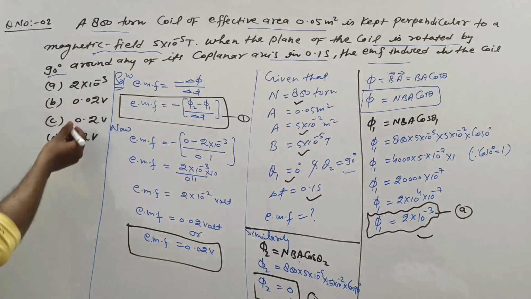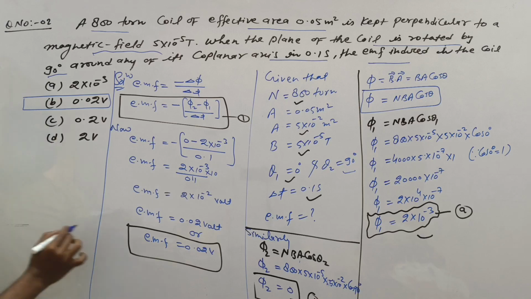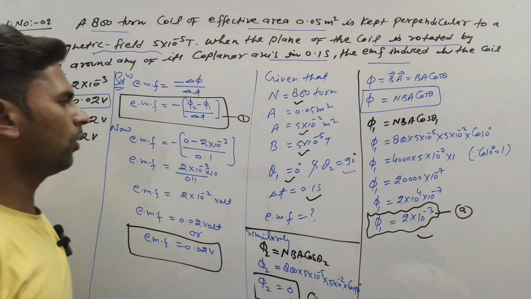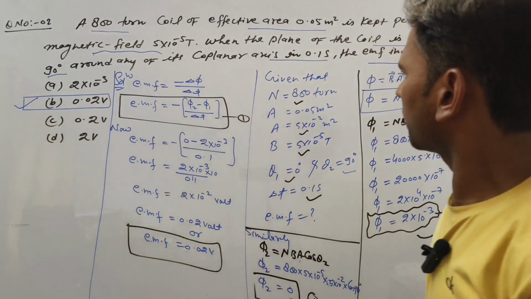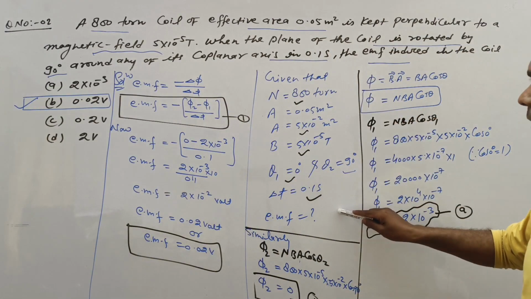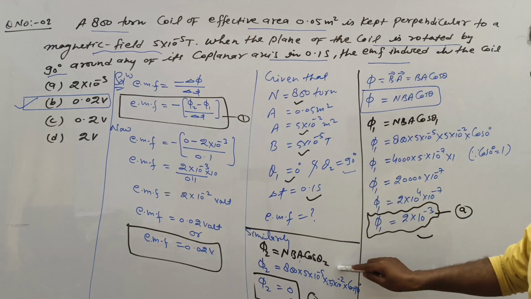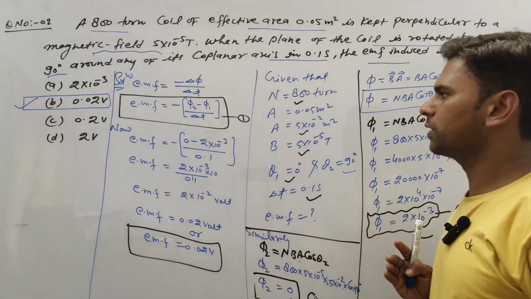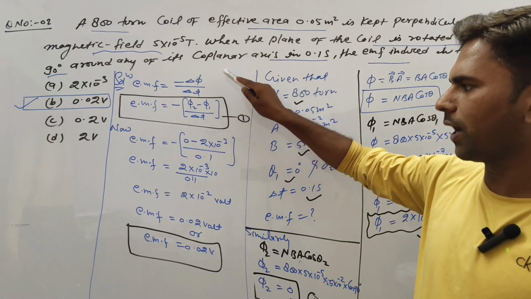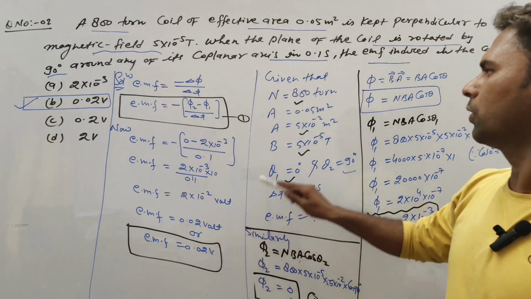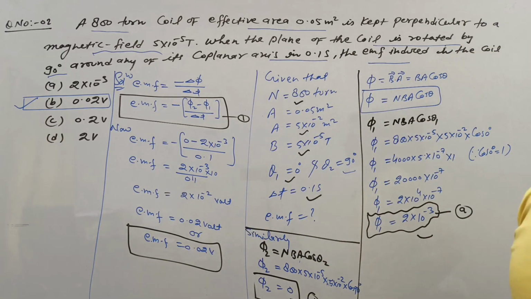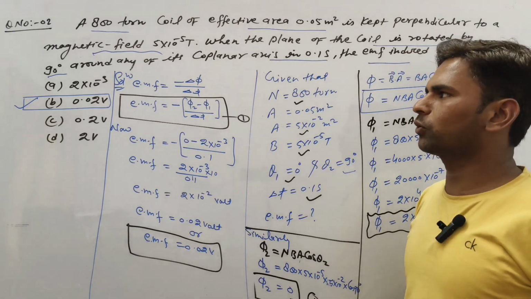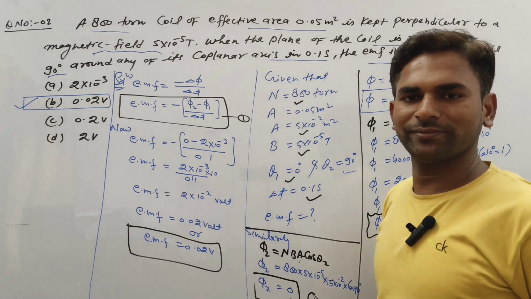This one is given option, so option B is matching, so option B is the right answer of this question. Now I just want to say here, this one has given values and this one has a solution. If you have subject knowledge, topic knowledge, then you can directly apply the formula and solve here. Just follow the method, rules and discipline, and definitely you will get good knowledge. Now I'm going to solve the next question.